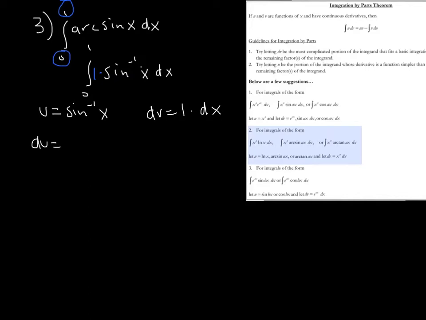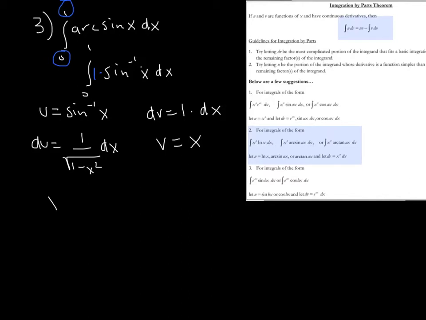So du is equal to the derivative of the inverse sine of x, which we know is 1 over the square root of 1 minus x squared dx. And the integral of dv would be the integral of 1. So v would simply be x. So now we can plug into our integration by parts formula right here. And we end up getting u times v. So that's going to be